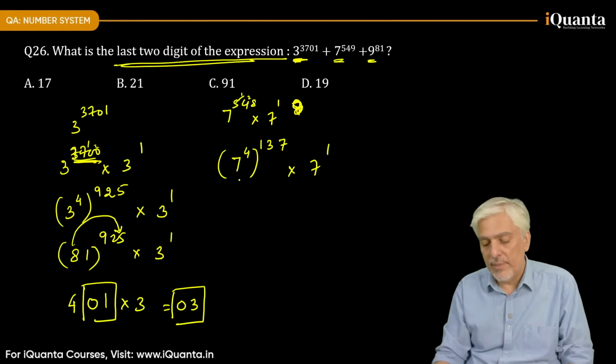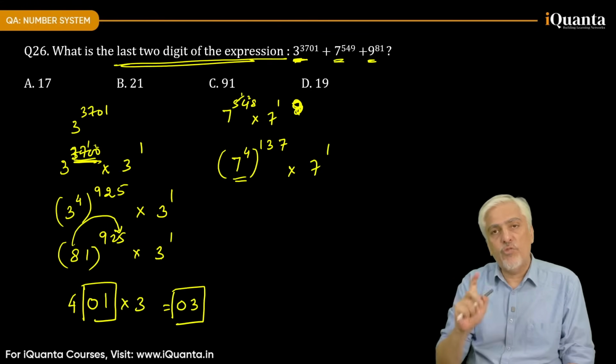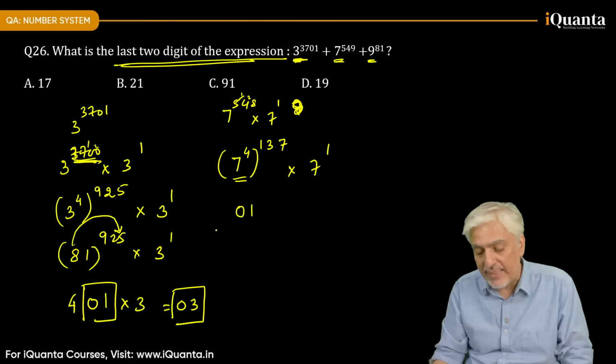Everybody clear? 7 raised to 4 is 49, 49s are, if you check it is 2401, तो उसके लास्ट डिजिट ऑलरेडी 01 ही है।